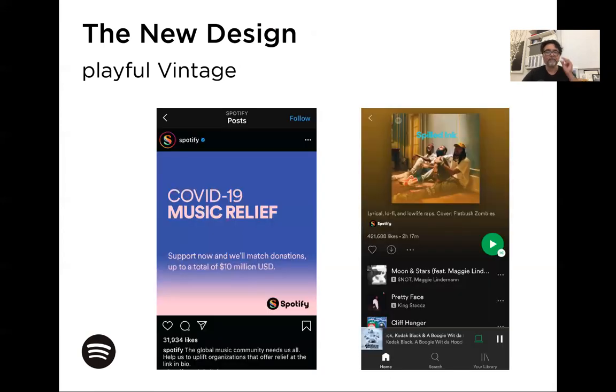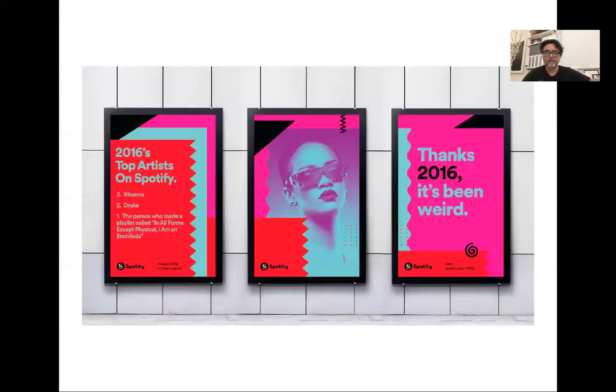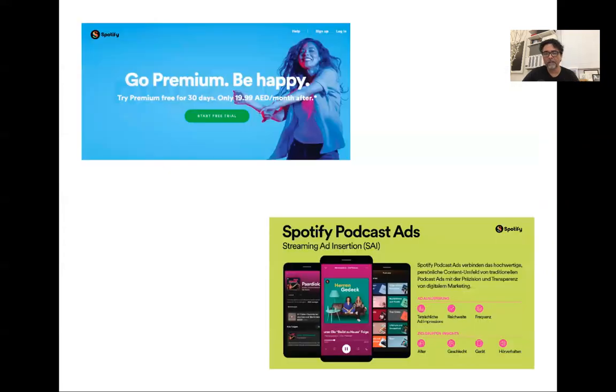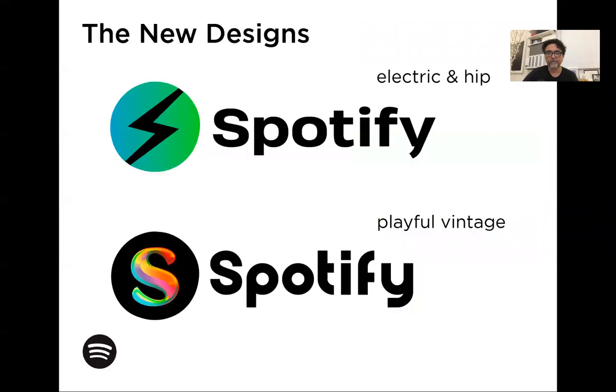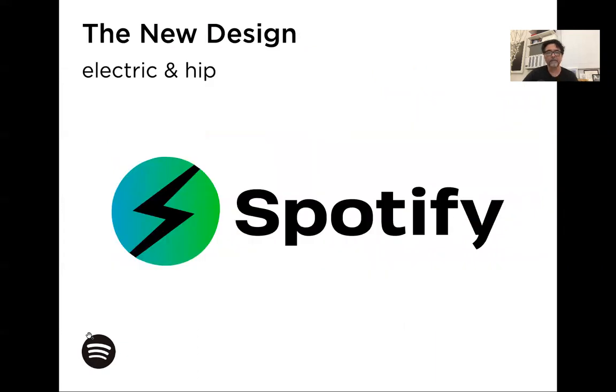But then here you see what it looks like applied in touch points within the brand and even outside of its world as an app, as an ad campaign. And if you're doing something that is kind of limiting as a piece of technology, you can think of it as coming into the real world in different ways through an ad campaign or through a brick and mortar application. So here's what it looks like overall. And then the 2 options with, again, the little before current logo at the bottom. Okay, so